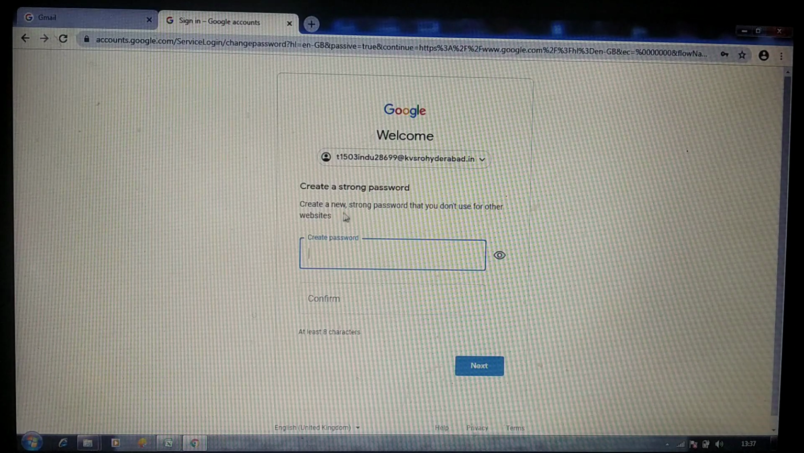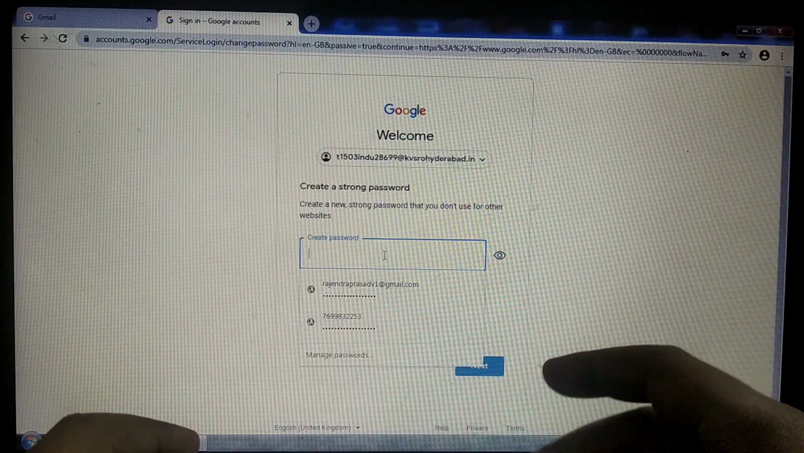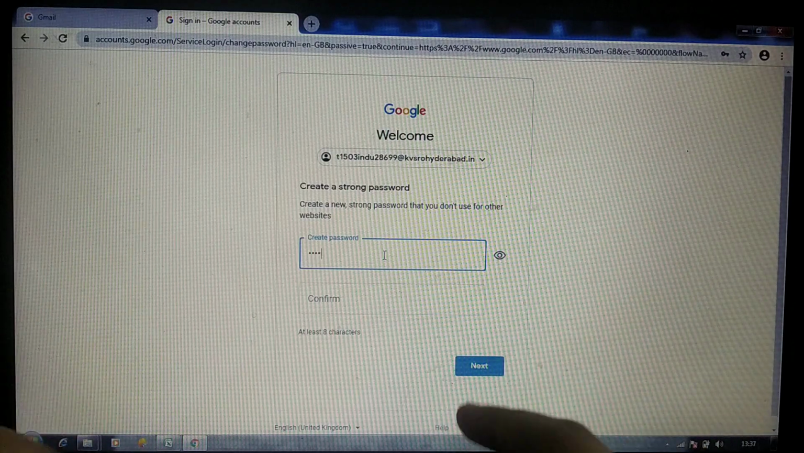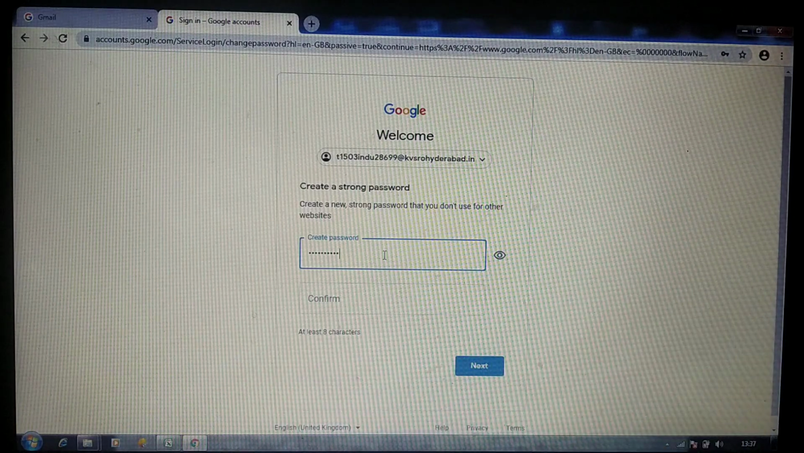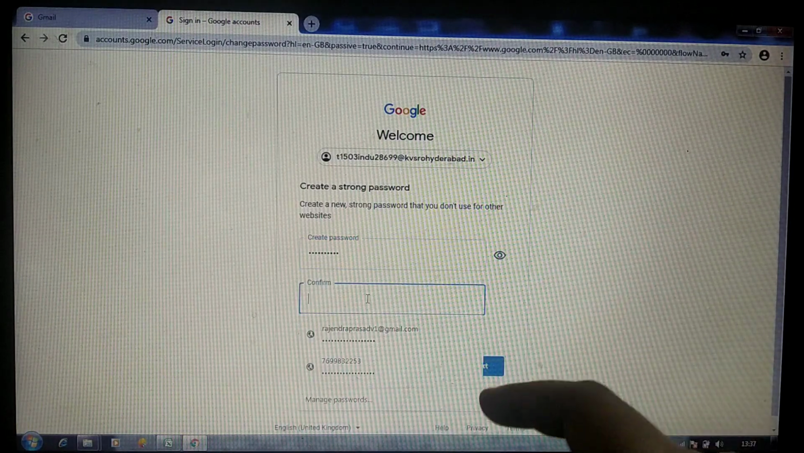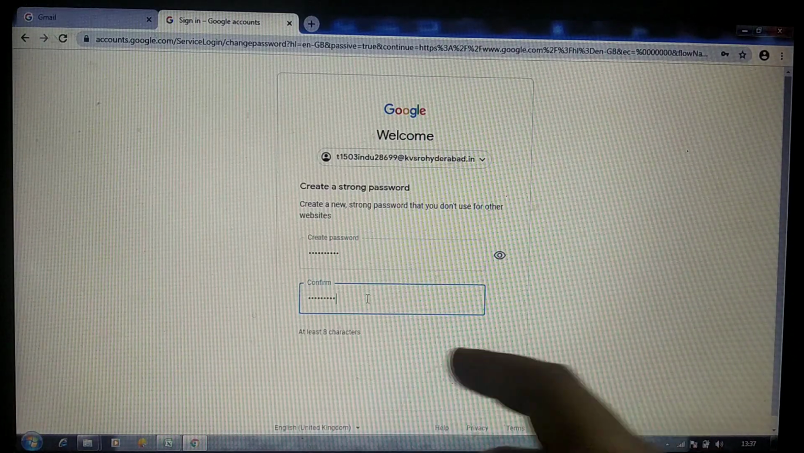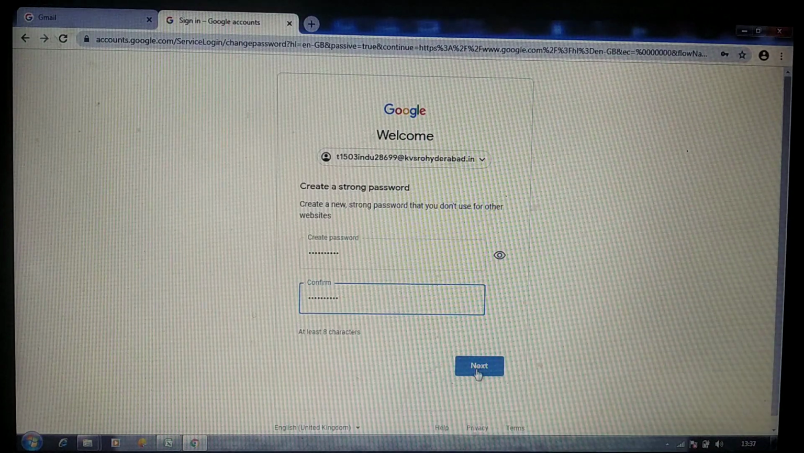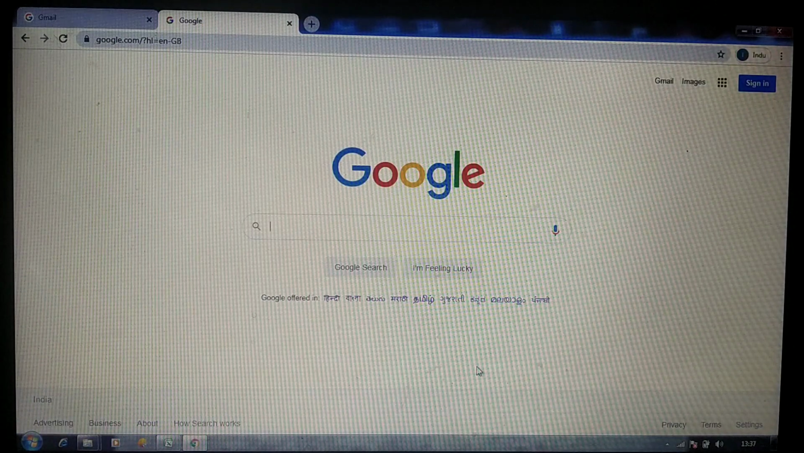And here they mentioned, create a new strong password that you don't use for other websites. So here we are going to use a new password. So now we changed our password. So we are going to sign in again. When we press the button sign in,